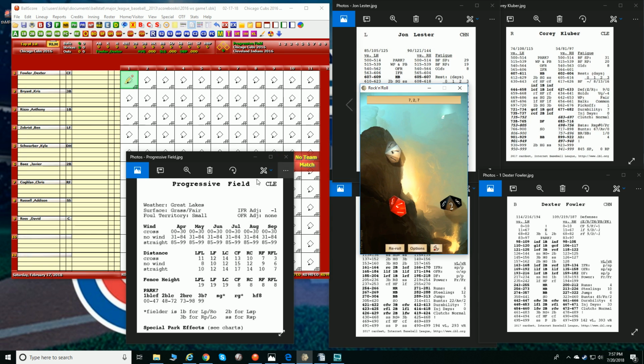And I think that's about it. So yeah, we were talking about Progressive Field. You can see a lot of detailed information. You can roll for the wind. But what I'm going to do in this series is take what happened in the actual game as the result. In this case, it was